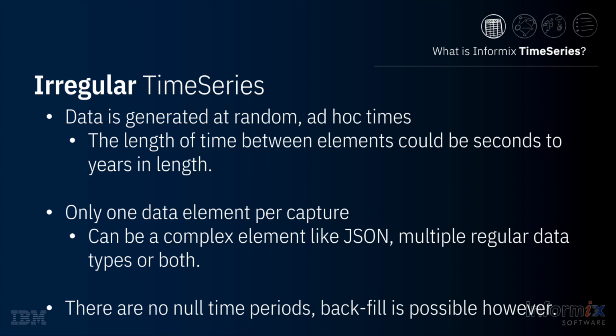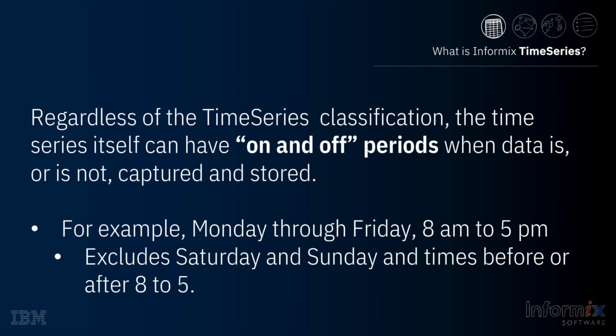Lest you think this is inefficient and ineffective, an irregular time series generally has significantly fewer elements in it, and the timestamp itself is part of the array's built-in index structure. An interesting characteristic of any time series is that it can be defined to ignore values during certain periods of time. Called on or off periods, you can precisely define when you want a regular time series to store data